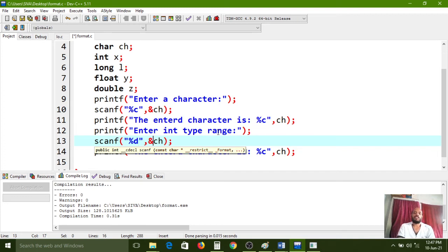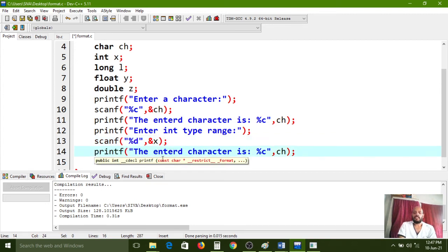And the variable is x. The entered int range is percentile D, here we have to use x.